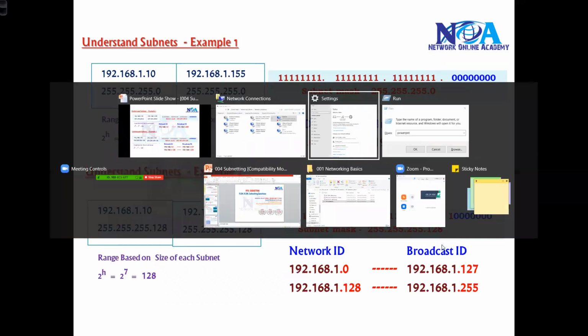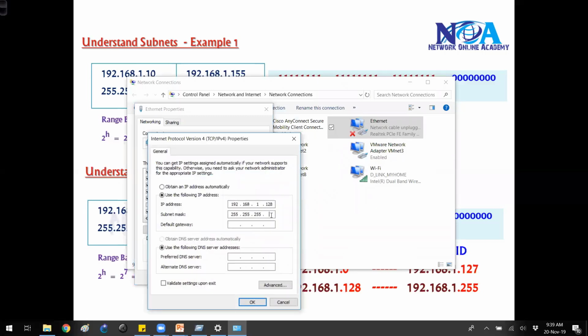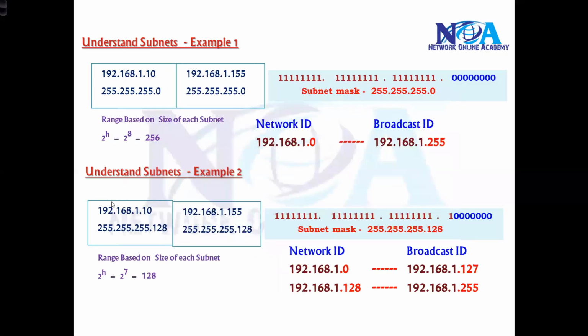But what I'll do is change things. I'll assign a subnet mask of 128 now. I'm assigning the subnet mask of 255.255.255.128. As per my example, how many host bits are there? 7, right?